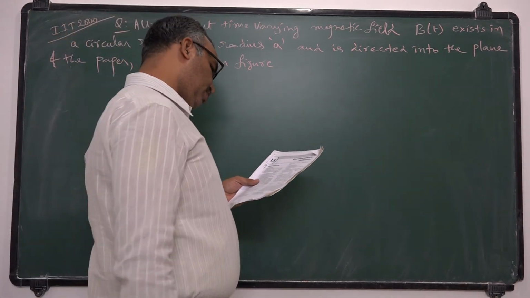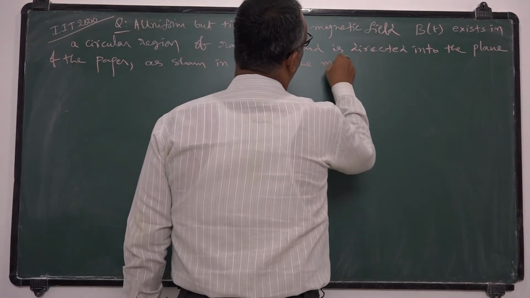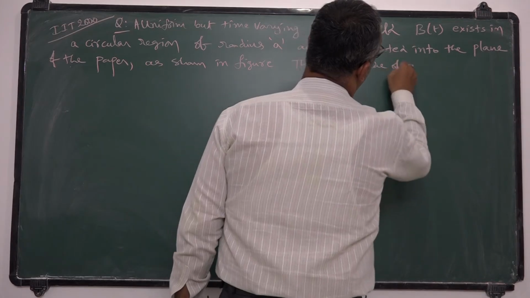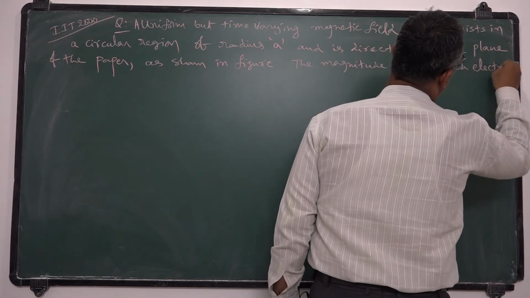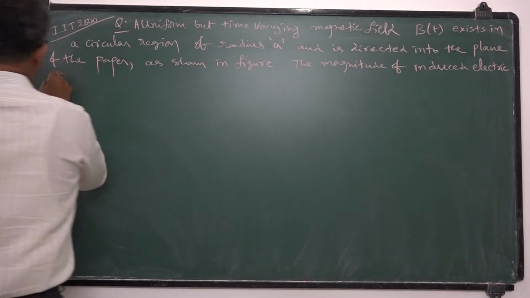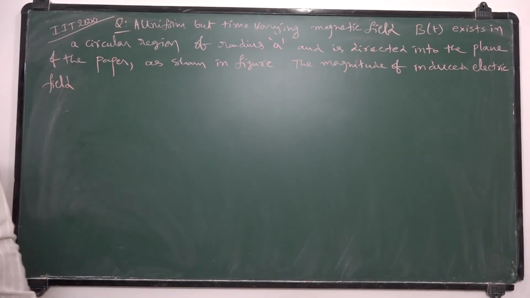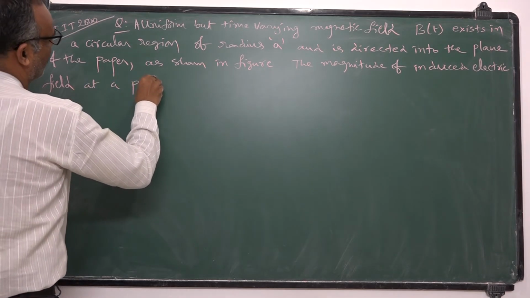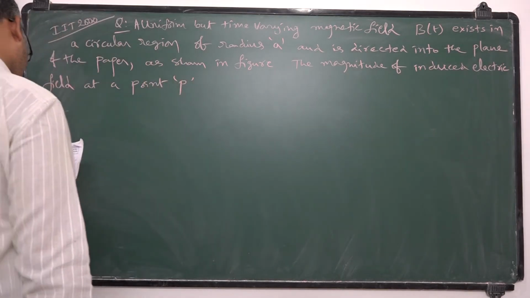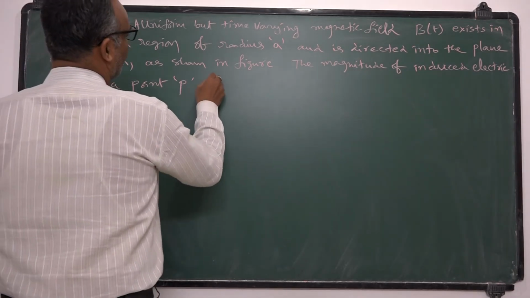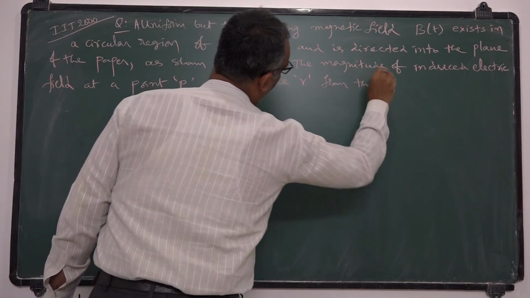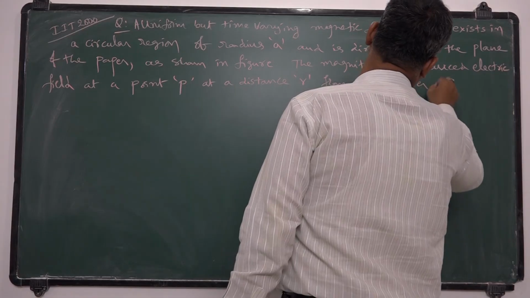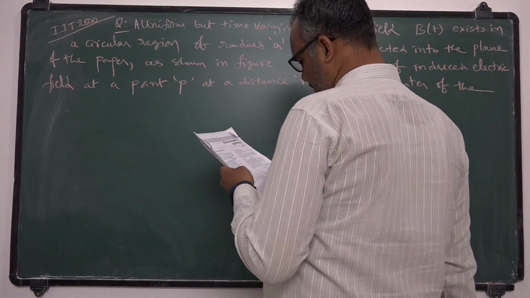The magnitude of the induced electric field at a point P at a distance r from the center of the circular region